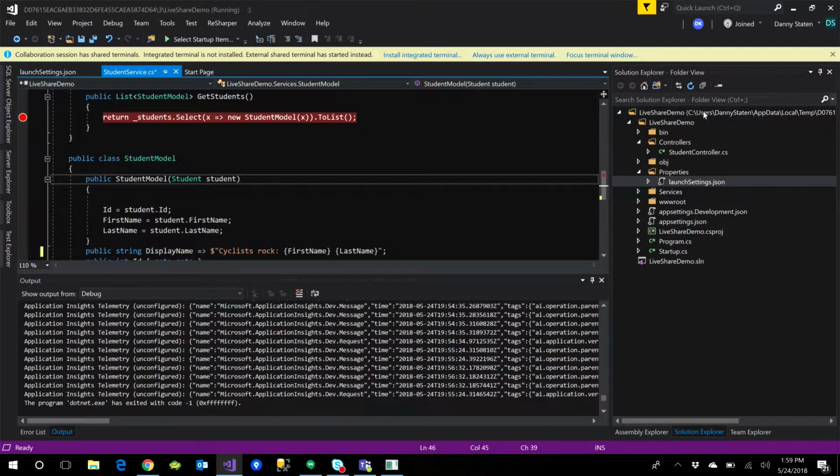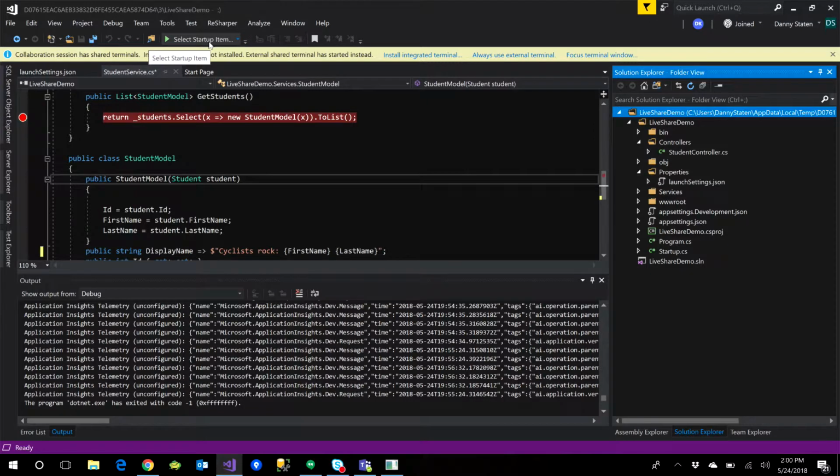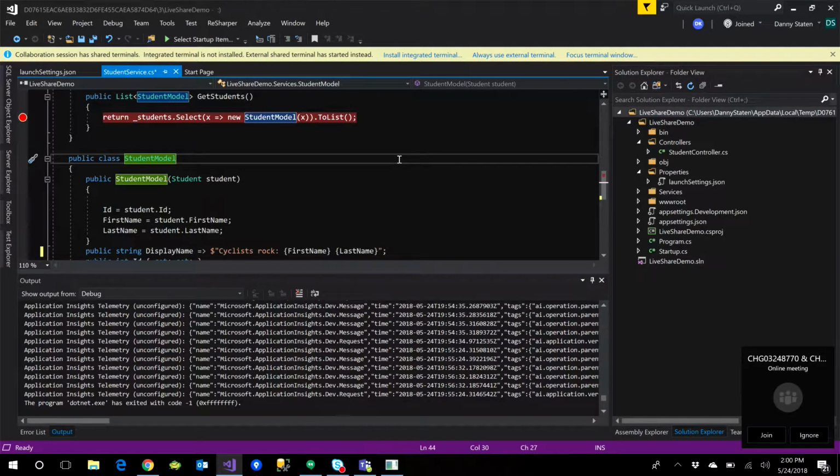Can you check in as Dennis? No. You'll notice on mine, I don't have an actual project, so I don't have a project that's set as a startup. So Dennis has to initiate the debug sessions. But you've got terminal access, you can go into the terminal and check in from there. Yeah, that's true. Get push. So people that are better at command prompts than I am could check in as Dennis. I'm not much of a command prompt guy. I'm one of those guys that likes the visual and Visual Studio.